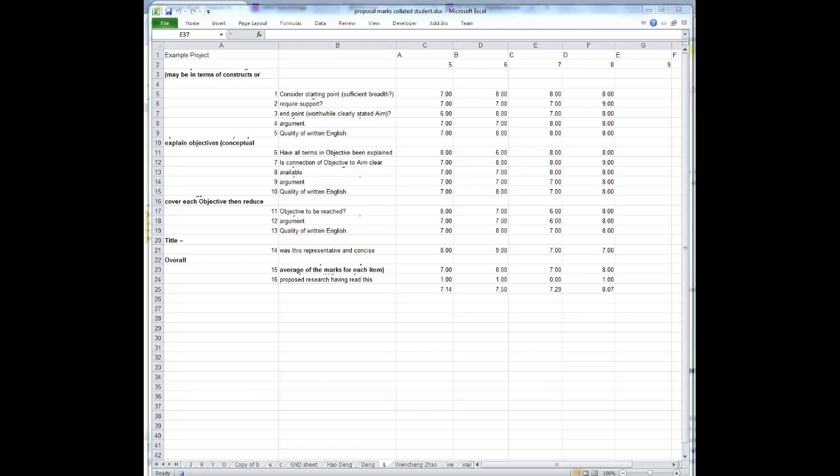Really, the simplest way is to take all the marks in the grid and put them into one long line, and then we can take that one long line of marks and add it to another long line of marks in another grid, and then add the next grid to the sum of the first two, and then the next grid to the sum of the first three, and then we can keep adding them together, each time adding one long line of marks. So to do that, the steps that we'll be going through,